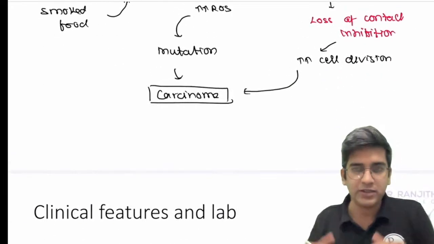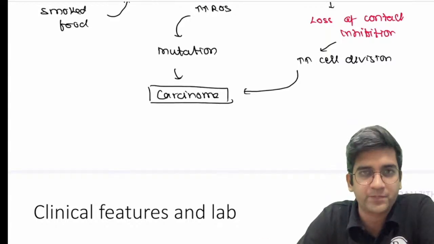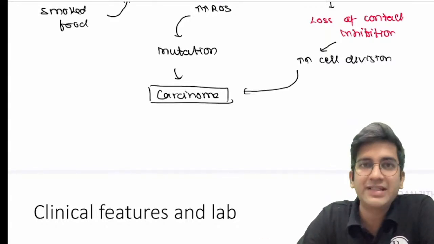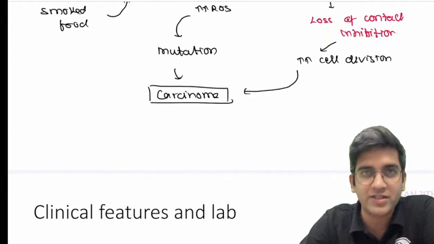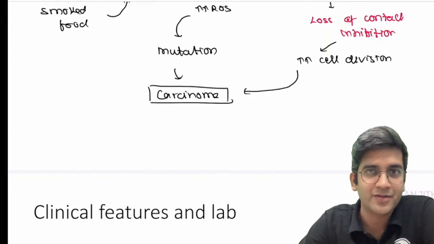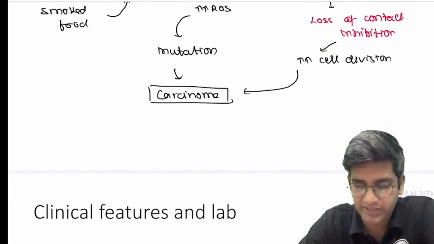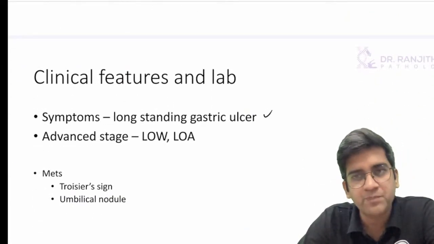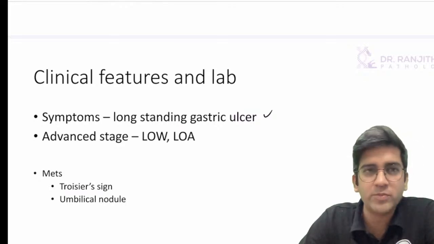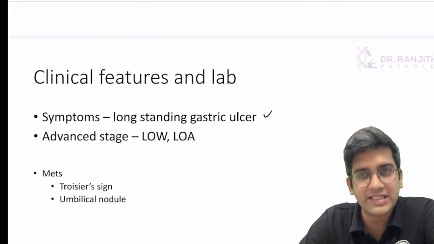Now I want you to talk about clinical features. Can anyone tell me what will be the clinical features of gastric cancer? See, one biggest thing about second year is that at the end of second year, you must have seen most of the cases in your wards if you've been to your wards. What do you think will be the clinical feature? Clinical feature, the long-standing gastritis itself is a history, right? You might have symptoms of a long-standing gastric ulcer. Vomiting can be there. Gastric bleeding can also be there, right? Not very prominent. Subtle bleeding can be there, but long-standing gastric history is one.